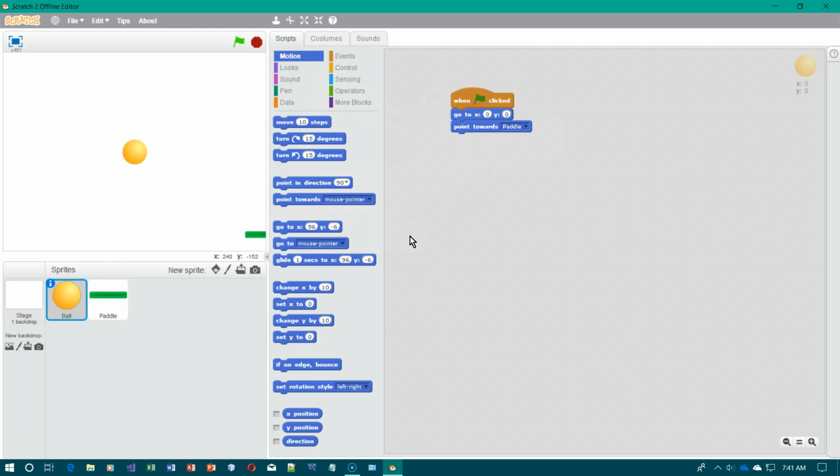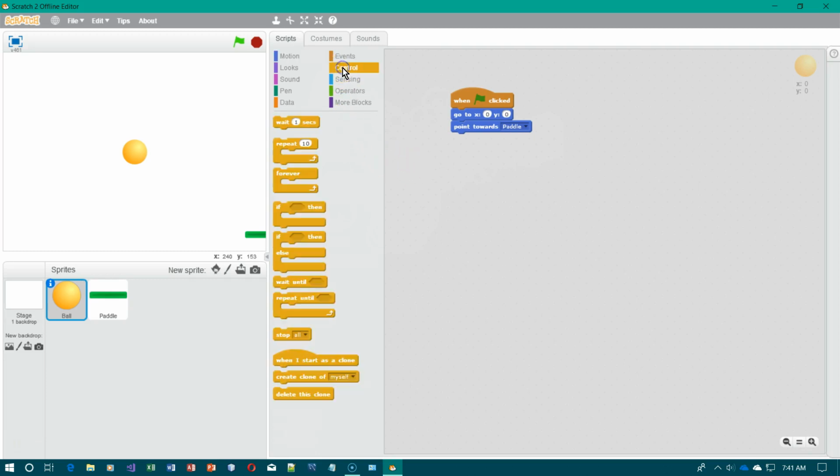It'll point towards the paddle once at the beginning, and then after that we're going to continue to move it down. Okay, and we're going to do that until we bump into the paddle, at which time the bounce message will be broadcast and we will intercept that message. So we need to do a repeat until, and so we're going to keep moving until